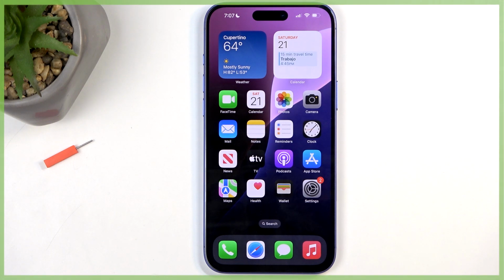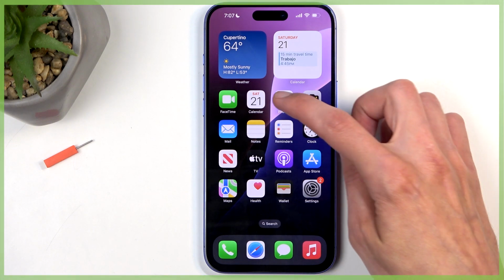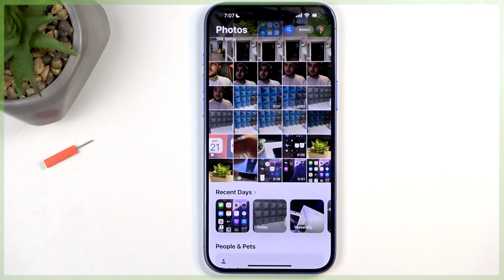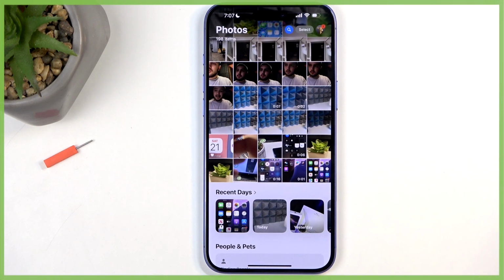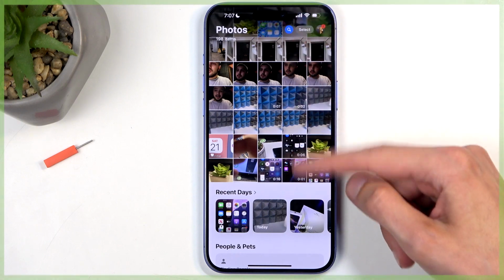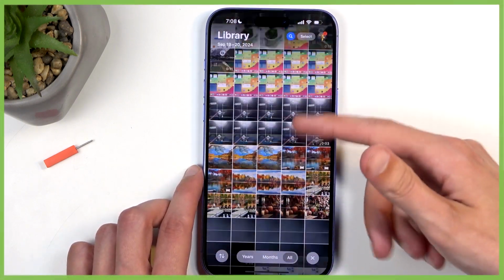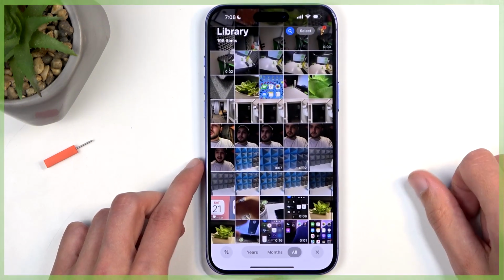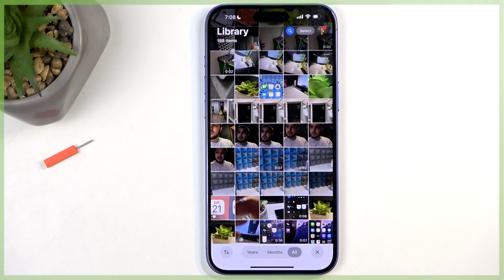So once it disappears, you can find the screenshot that you've captured in your Photos application. And depending on how long ago you have captured your screenshot that you want to view right now, you might need to look in different locations for it. Now I will mention the screenshot itself will always be visible in the Photos tab, which obviously, if you take a lot of photos, might be cumbersome to actually go through this entire list and try to locate this single